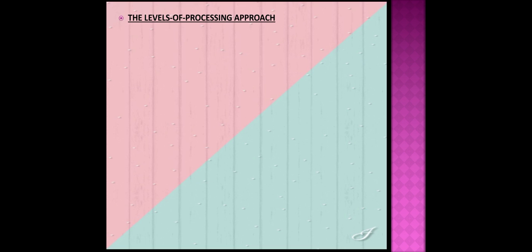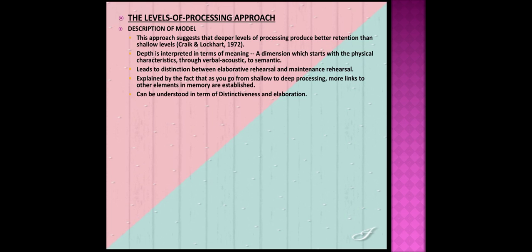Next one, the levels of processing approach. Description of model. This approach suggests that deeper levels of processing produce better retention than shallow levels. Craik and Lockhart, 1972. Depth is interpreted in terms of meaning, a dimension which starts with the physical characteristics through verbal acoustic to